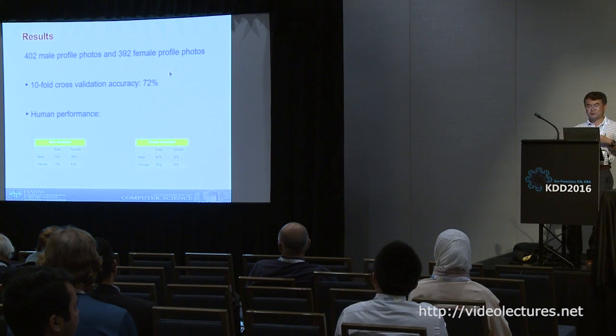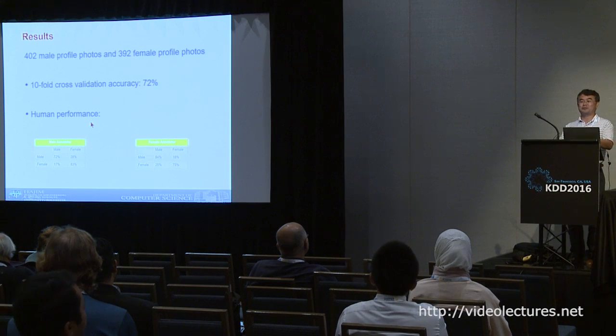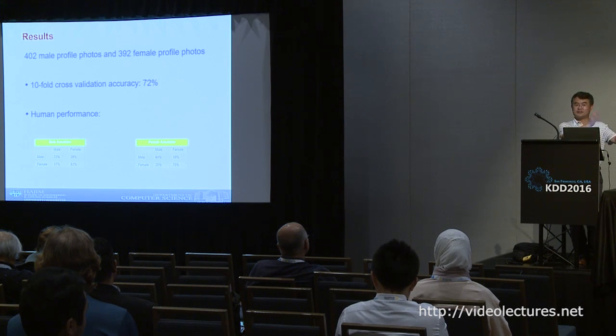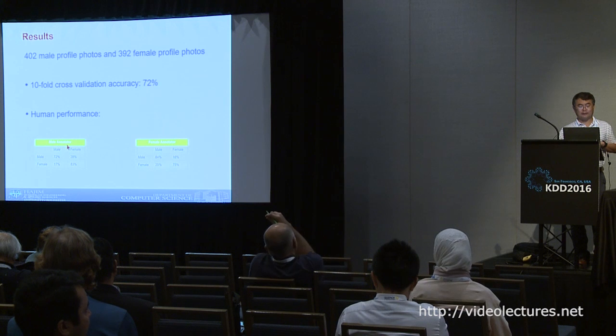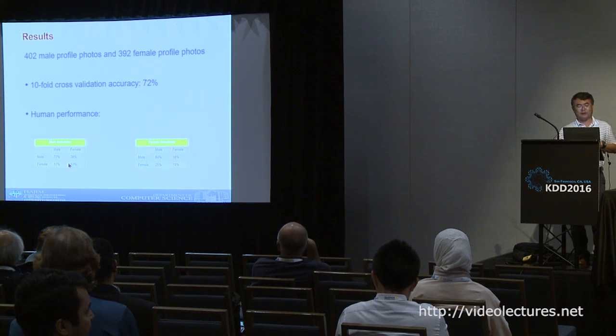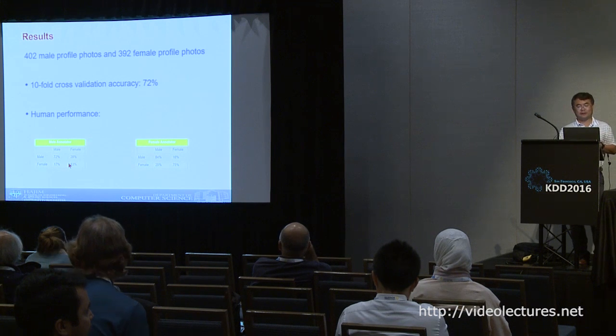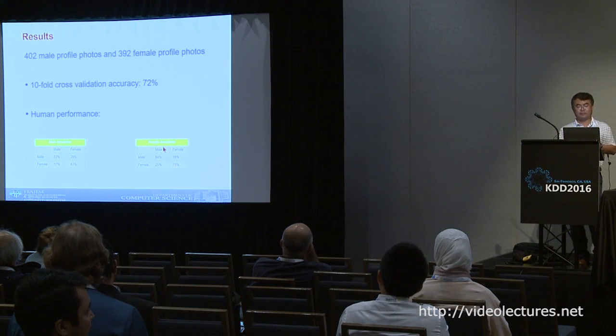And that's not the most interesting thing. The most interesting thing we discovered was we asked humans to do the same task. So we didn't ask the user to recognize their own friends, we asked a third-party person. And with a male third-party person, this is what he did. So it's 70-some%, and then this is with a female annotator.